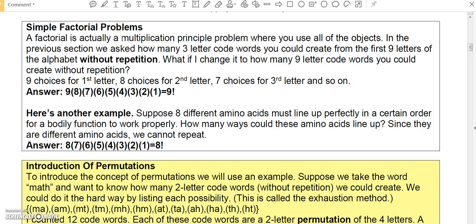I'm going to finish this video here with a simple factorial problem. A factorial is actually a multiplication principle where you use all of the objects. In the previous section we asked how many three-letter code words you could create from the first 9 letters of the alphabet without repetition. What if I change it to how many 9-letter code words you could create from the 9 letters without repetition? Well, since we're using all 9 letters, you have 9 choices for the first letter,